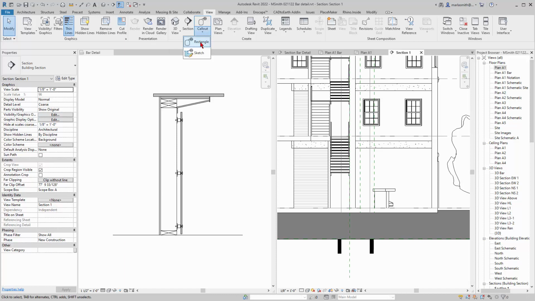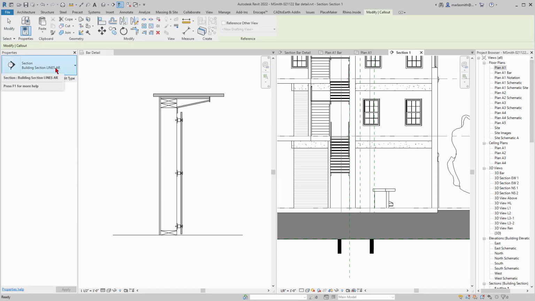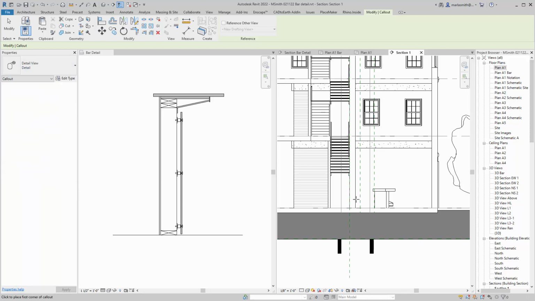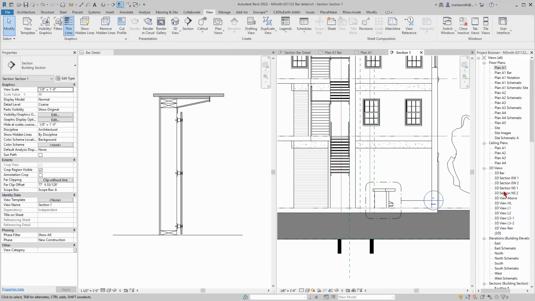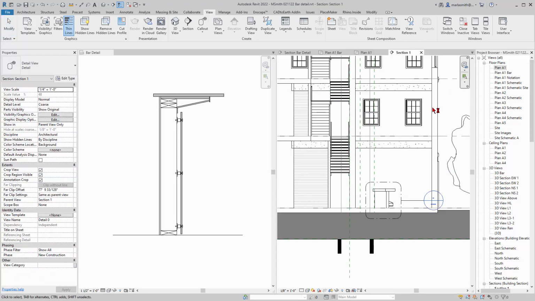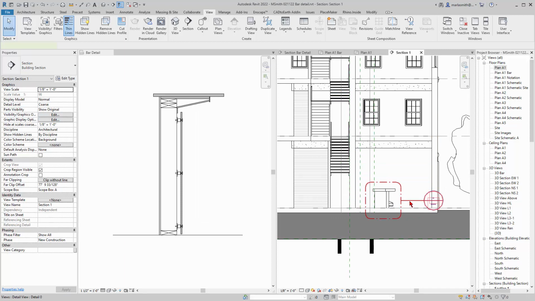So if I do a rectangular call out, you can do a building section call out, or you can do a detail call out. So if I wanted to do a detail call out, I could just window around this guy, and now it creates that detail call out, right? So if I double click on it, it'll take me to that detail call out. But what I can also do is if I delete this,